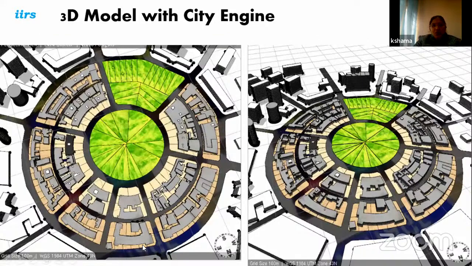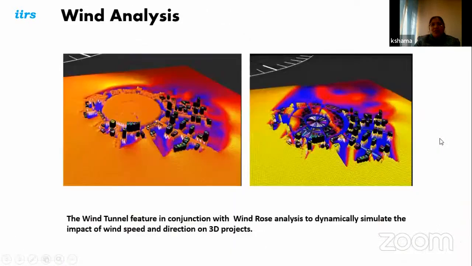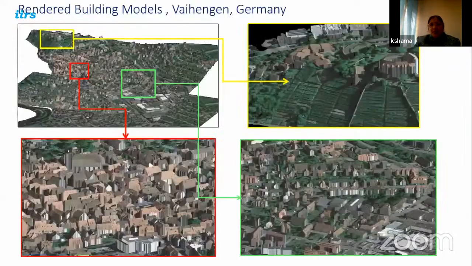Similarly, this is a 3D model of Connaught Place, where remote sensing data has been used as a backdrop, and height of the building was measured either using ground data or even using satellite data. So using satellite data, the heights of the buildings are measured, and some ground photographs were taken and it was rendered, and this can be utilized for different kinds of wind analysis also. Like you can see at different levels how your wind flow is there, and at different angles also your wind flow is there. So this kind also can be done.